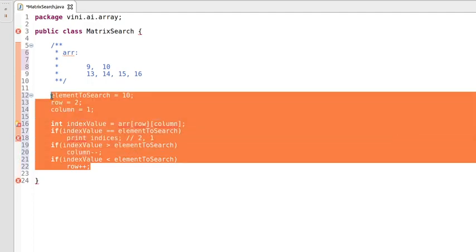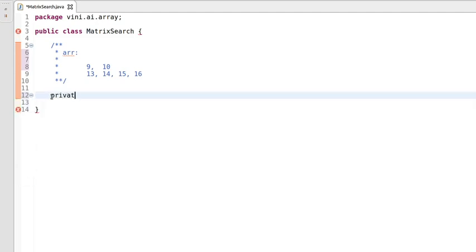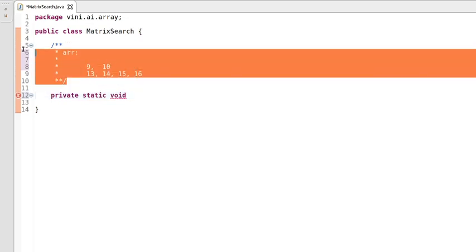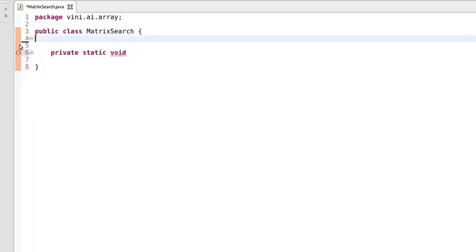So let's write our program. Let's get started. It will not return anything. If we find the element in the matrix, then we will print the indices right there.